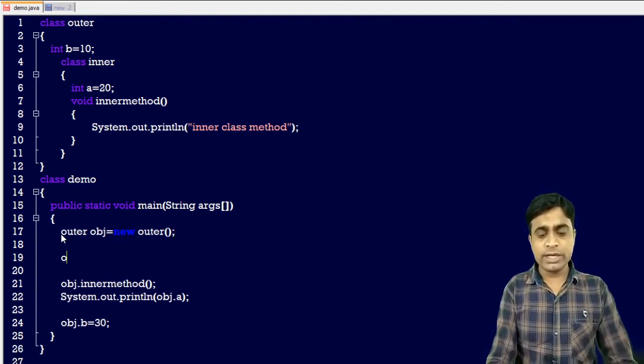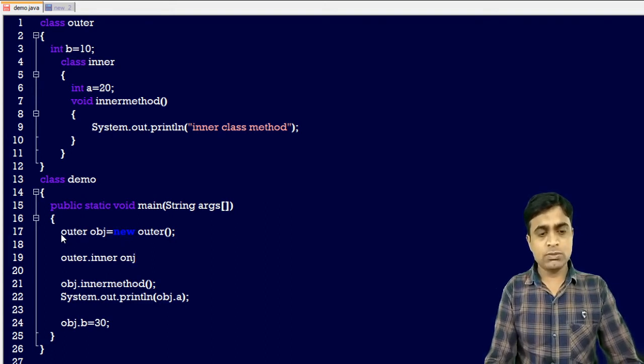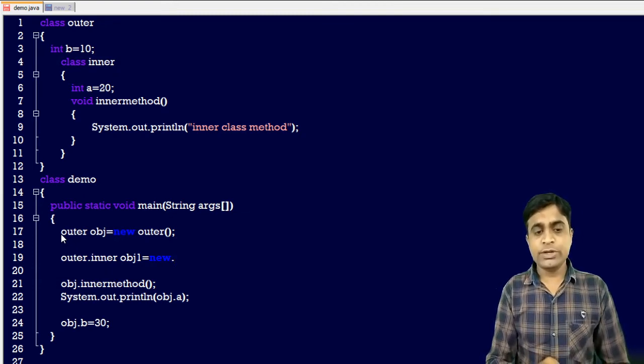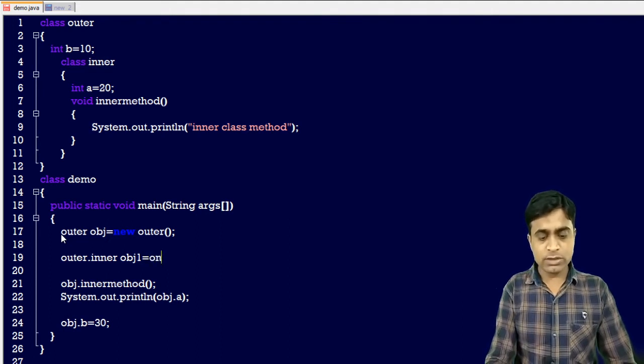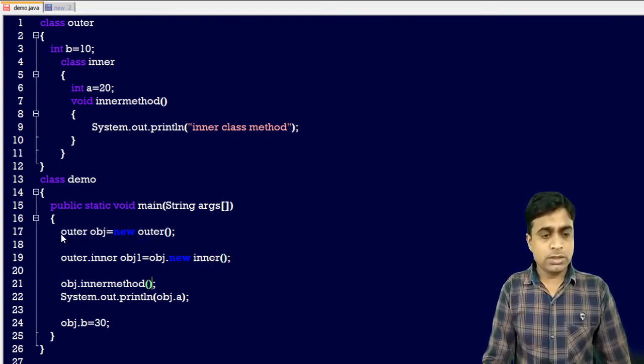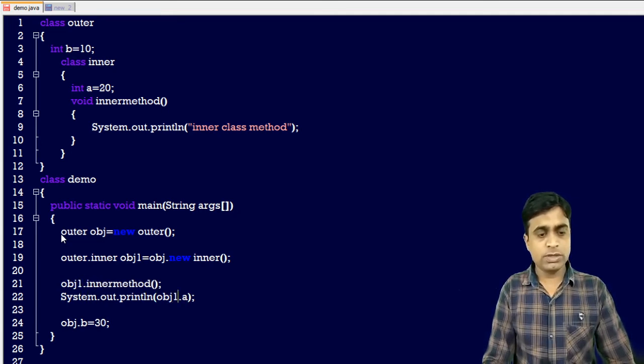After that, if you want to create the object of the inner class, write Outer.Inner obj1 = obj.new Inner(). So we write obj1 over here.